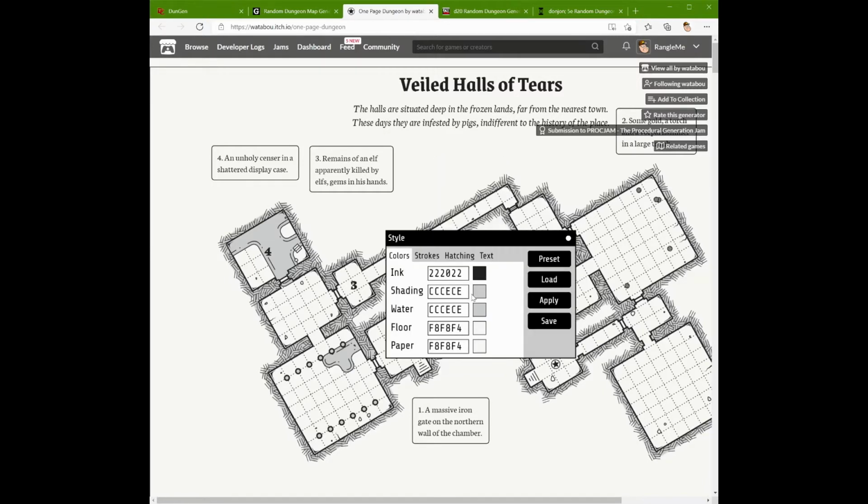It has a whole style system. I can go through and change the colors, so I can change it to actually look like a colored map instead of